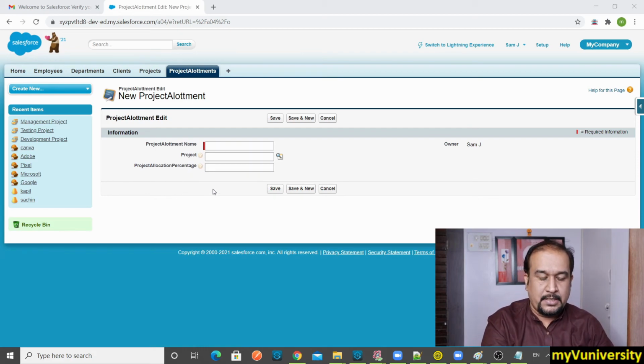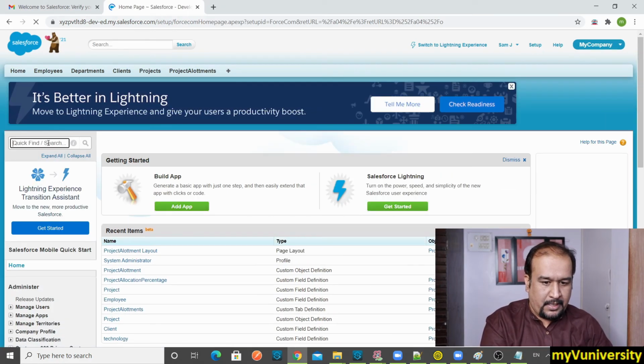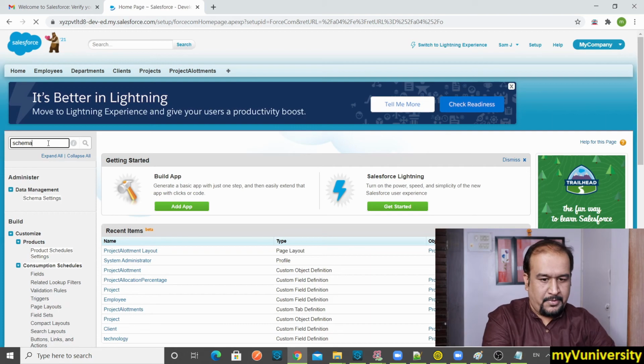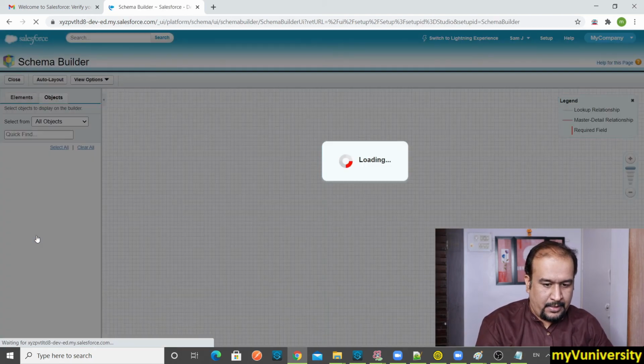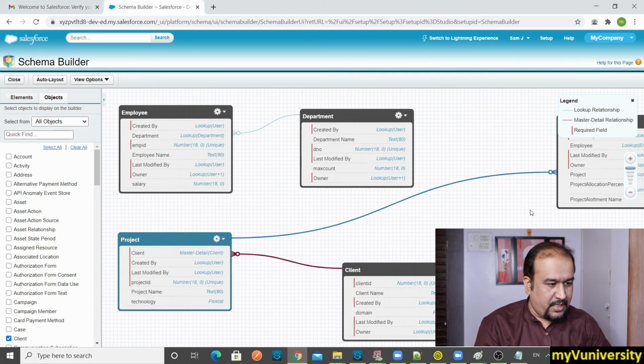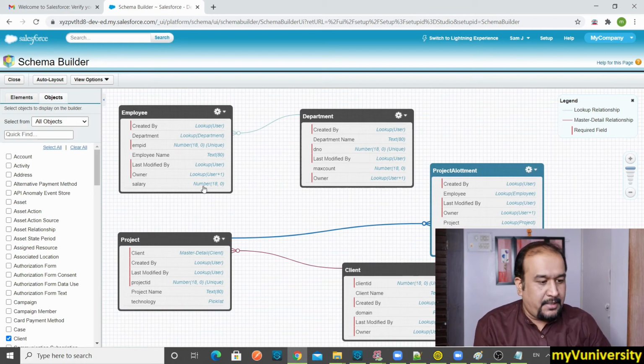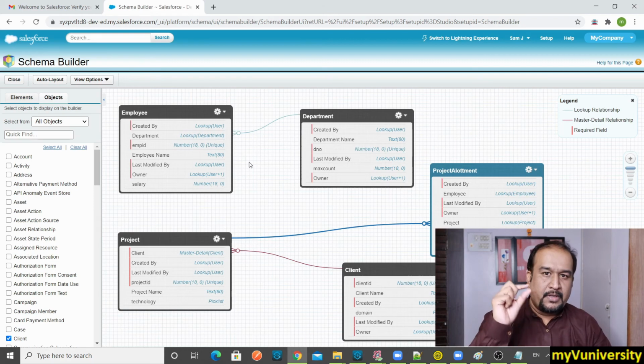Let me check the schema builder once. Let me go to setup, then schema builder, and see whether the relationship is formed between employee and project or not. Okay, so the relationship between employee and project allotment is missing. What I anticipate is that whatever employee I chose in the lookup, I got two employee objects.